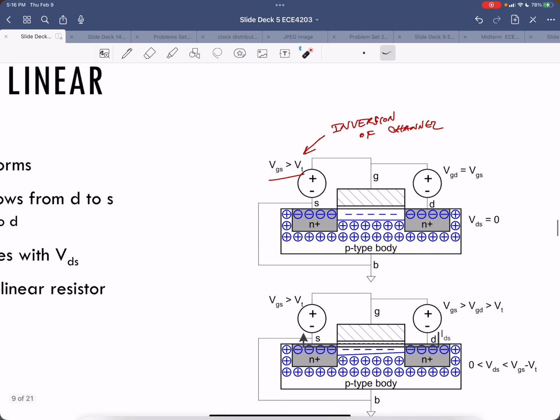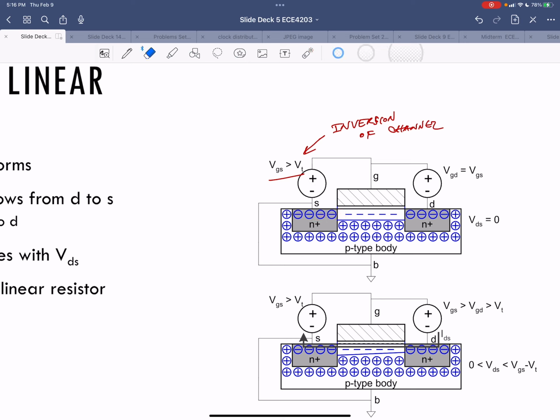So as soon as this area under the gate gets inverted, I get what's called a channel. Sorry, I'm sometimes jumping the gun. So this becomes something called a channel, and now electrons can move from the source or the drain into the